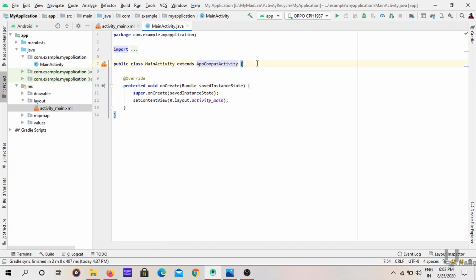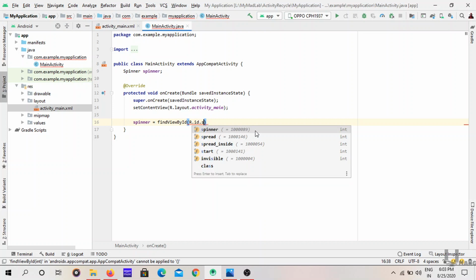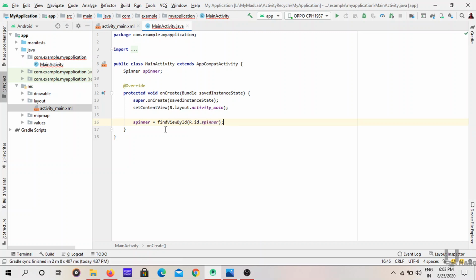So moving to the spinner, bind that XML UI component to Java. Spinner. We just declared a variable of the Spinner class. This is a non-primitive class. Now bind the spinner using the findViewById syntax, R.id.spinner. If you want to know more about this, it is also covered in the basic login app video. You can watch that video. It covers half of the topics of linear layout, binding, and navigation.